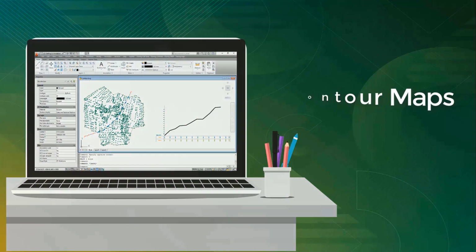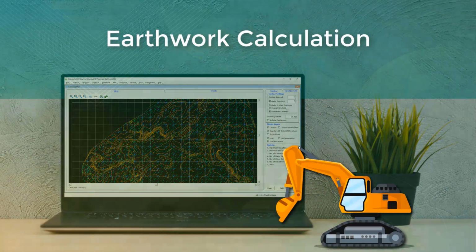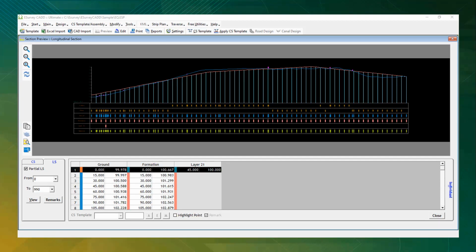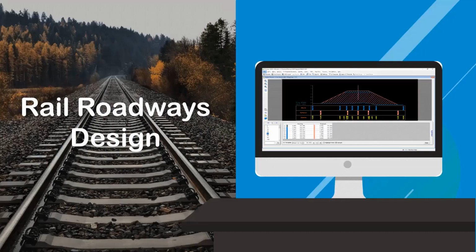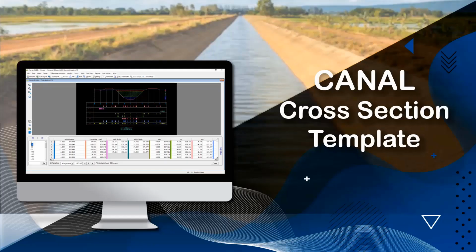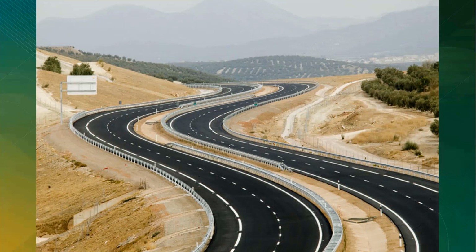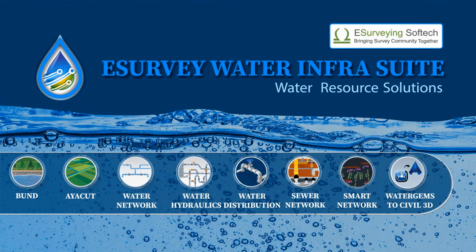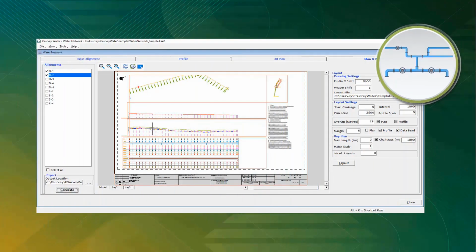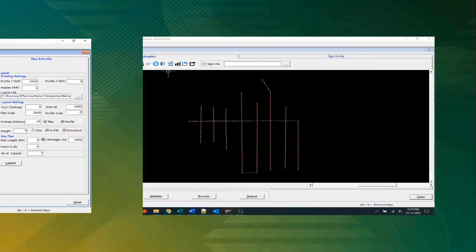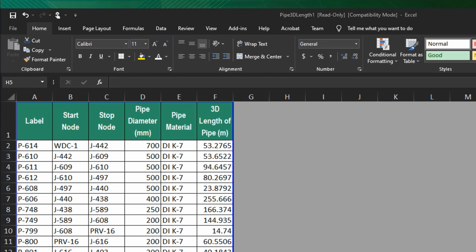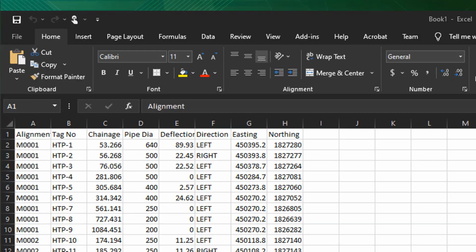You can prepare contour maps, generate earthwork calculation in any grading project, prepare cross-section, longitudinal section, and do earthwork calculation for road, rail, canal projects. You can do highway design, prepare strip plan, and create plan profile drawing with ease. Using the Water Infra Suite, you can prepare water network drawings, do hydraulic design, and prepare execution drawings. Extract BOQ reports like 3D pipe length, bends, specials report.